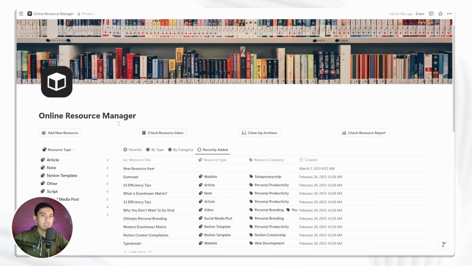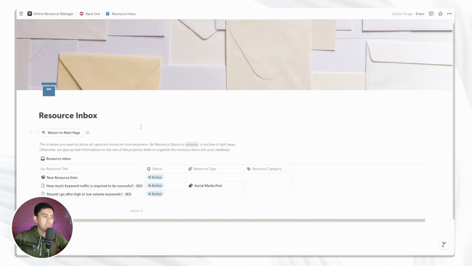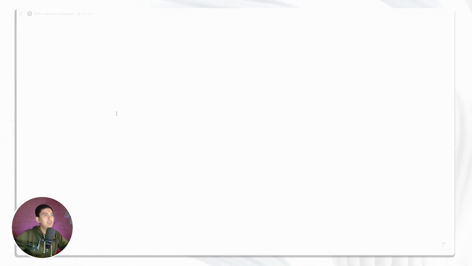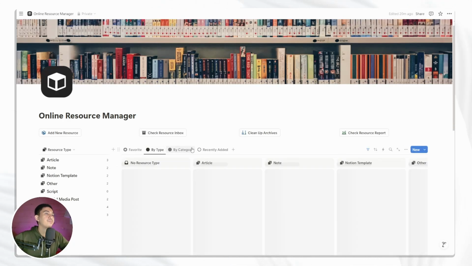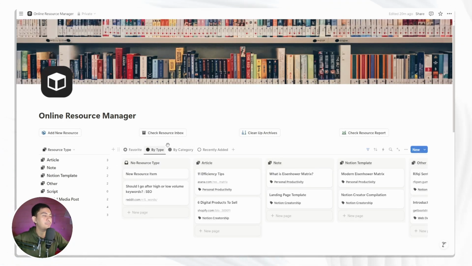Using the Notion Web Clipper extension, you add a new website from your browser, which will be shown in this resource inbox after you add it. So this inbox will be very useful for you to manage every new resource before you find it in the main table right here. So that's the inbox for you.